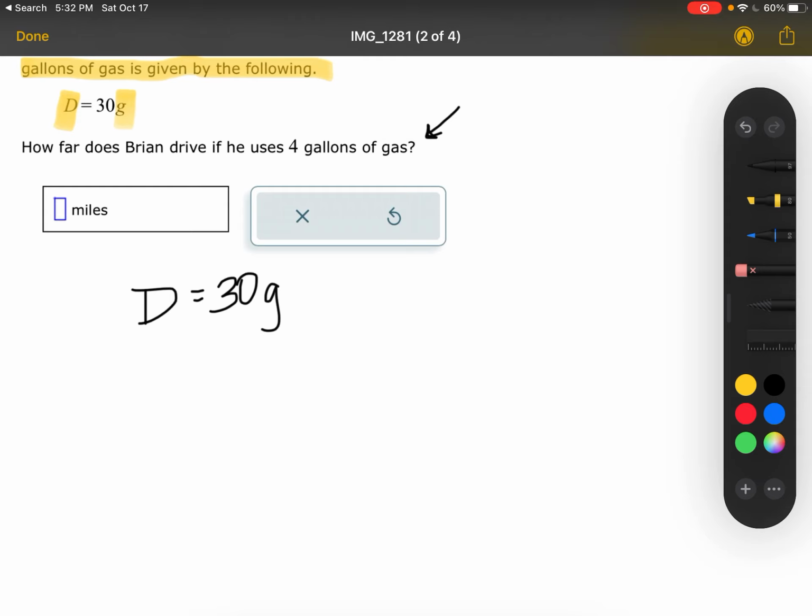Now, remember, they already told us what G stands for, and that's gallons of gas, right? And then it says, how far does Brian drive? That's essentially describing distance, okay? And then this is that. So if I'm looking for distance, that's what I'm solving for, right? So D equals